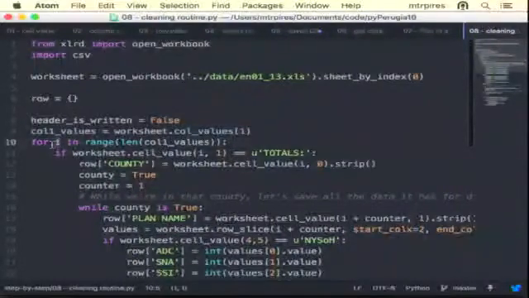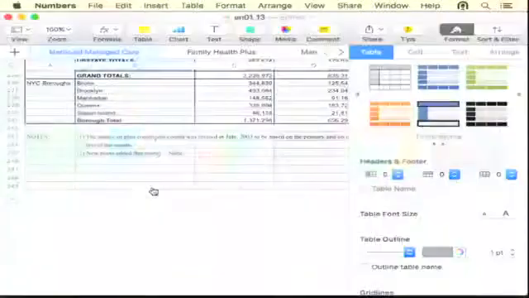And for every value on column number 2, if the value is totals, I get the value on the left. Then I keep track of the county. I am in a county, so I'm setting the county to true. And I'm setting a counter to 1, because if you look here in the file,